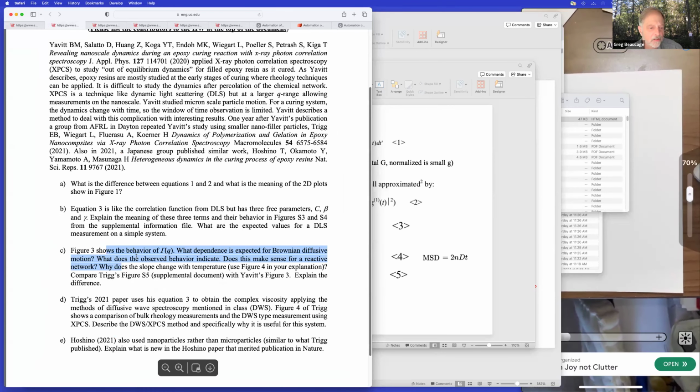So let's see. So it shows behavior gamma. This makes sense for a reactive network. Yes. Why does the slope change with temperature? So the slope changes with temperature because the system's getting,